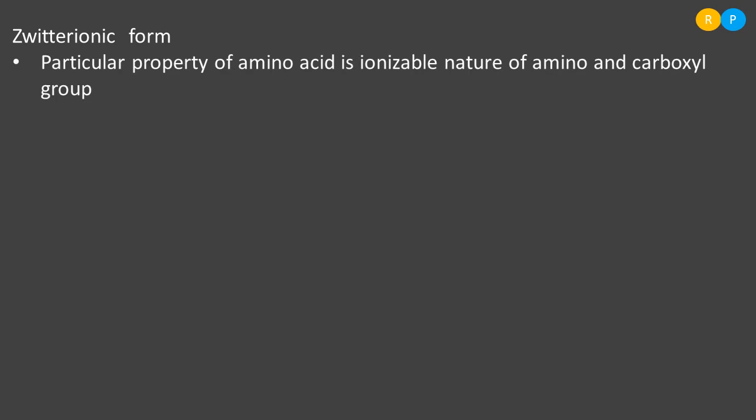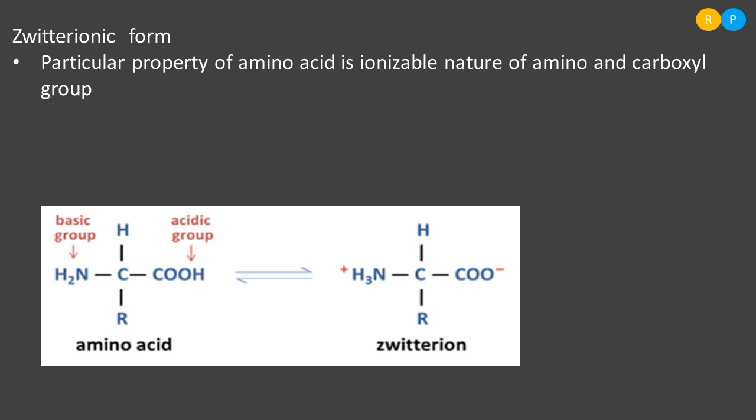This is a particular property we can see in amino acids. The carboxyl group and the amino group are highly ionizable in nature, so when we put the amino acid in water, in a neutral solution, it changes its structure. Understood? Let us understand properly by looking at the equation. In this equation, first observe the amino acid structure. They have given the basic amino acid here. There is a carbon at the center, a basic group at one end and an acidic group at the other end. Then we have hydrogen and the variable R group.